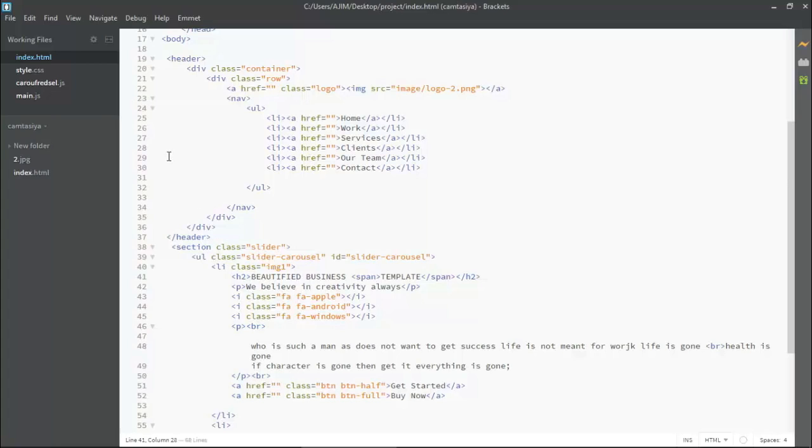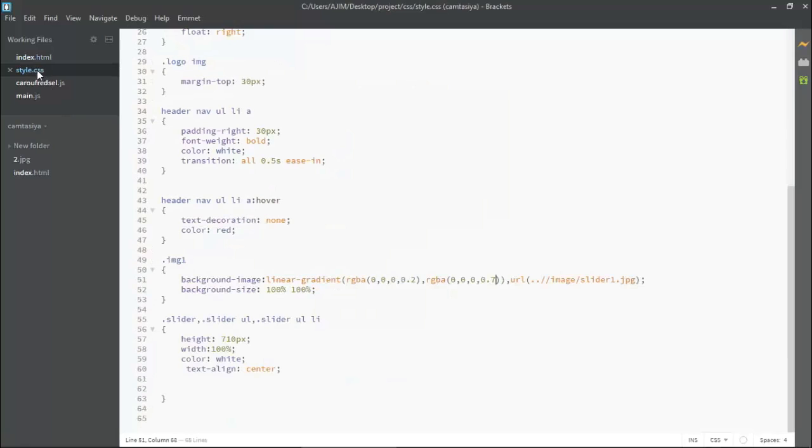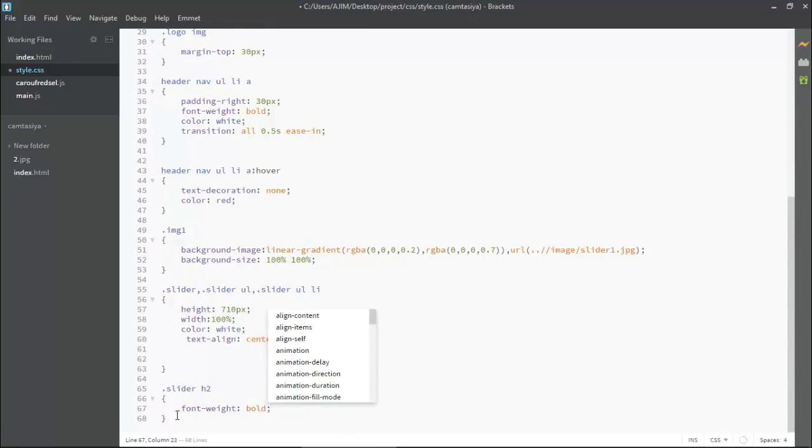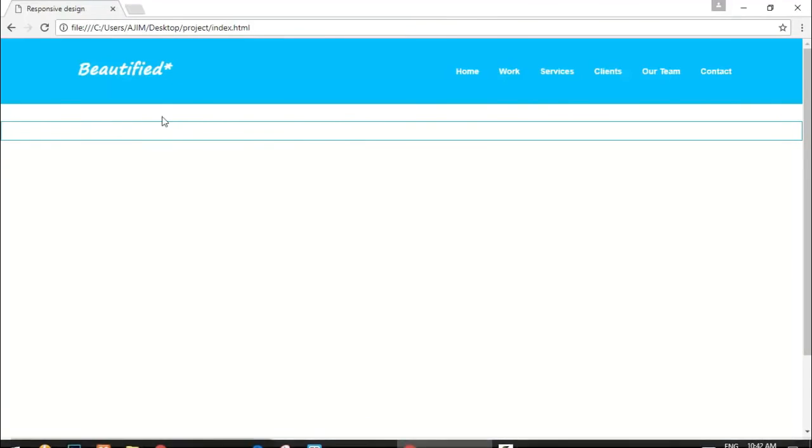Now I am coming to style.css here and putting a dot, because this is the class, so it will contain a dot, and then the heading tag like h2. Now I am putting font-weight, something like bold. It will make the font a bold style. Now let me save it and show you how we are getting there. Okay, I'm refreshing it.